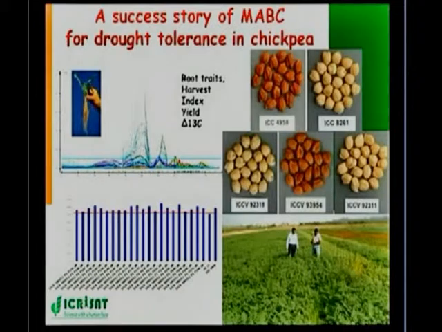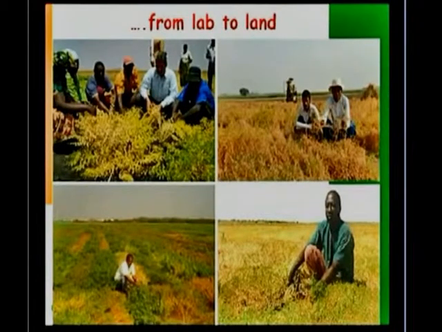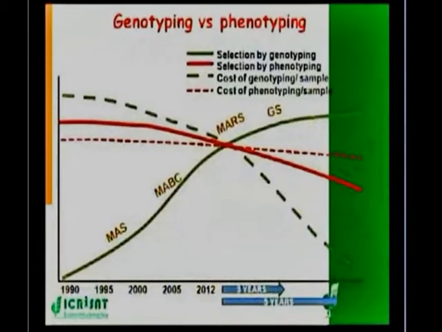In this context, we are talking about translating this genomics research from the laboratory to the land, which is the main target of many CGIAR research institutes. We need to enhance crop productivity in developing countries. When we use these genomics approaches, as I mentioned earlier, we have a range of molecular breeding approaches. You can see on the right-hand side the green line, which is going high. We believe that in the next three to five years, genomic selection is going to be a promising molecular breeding approach, especially as the cost of genotyping is going down. You can see the dotted green line. That's the approach that we need to use.